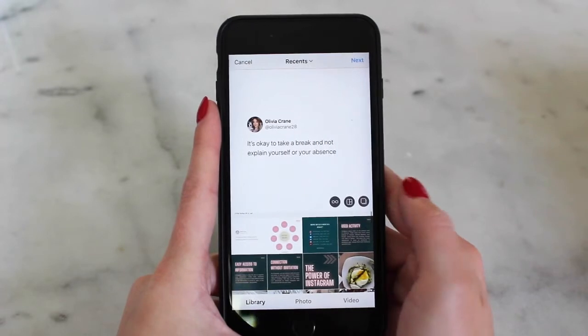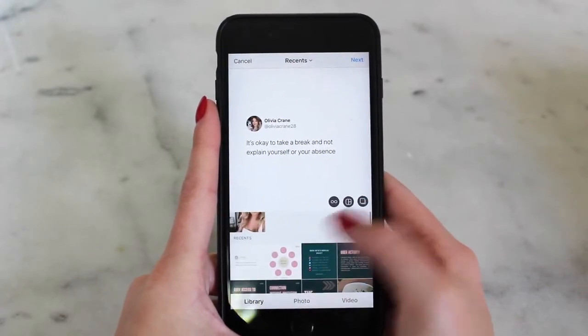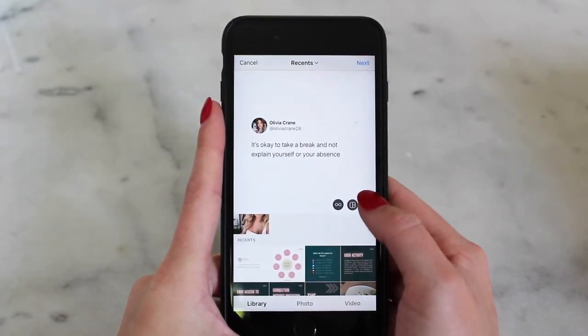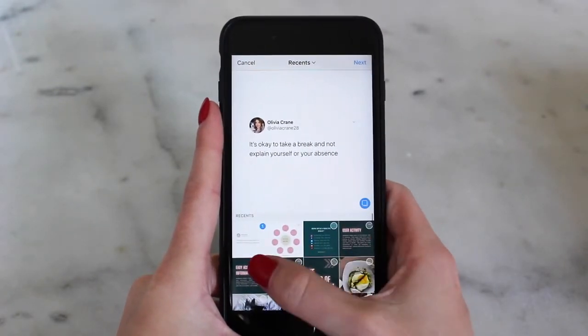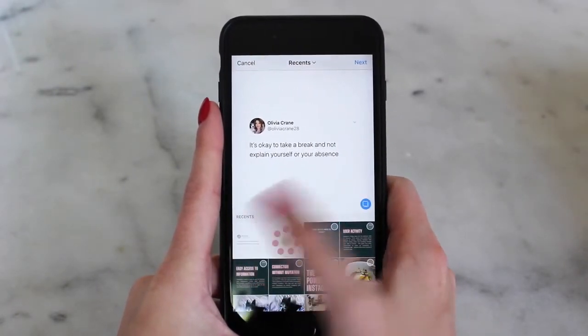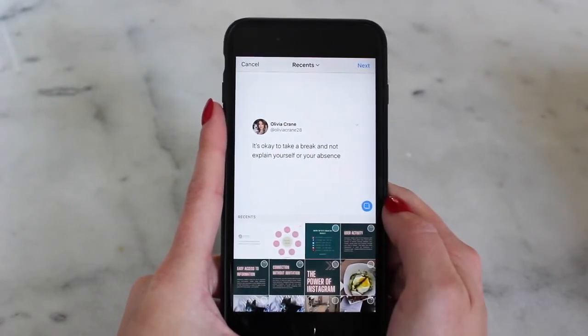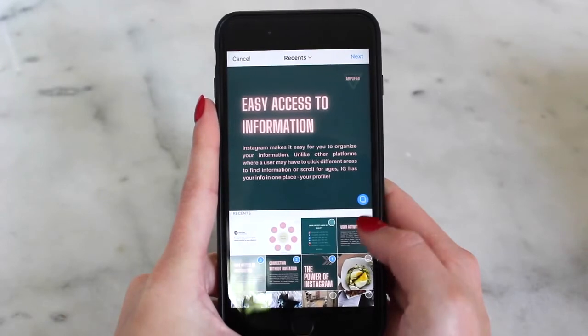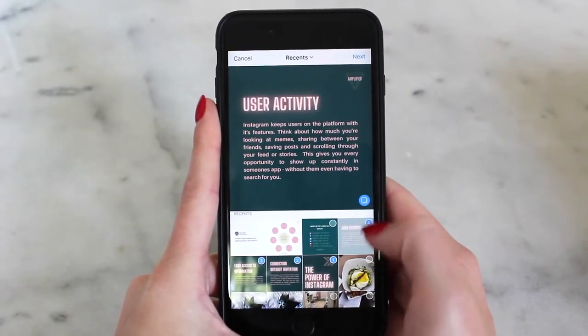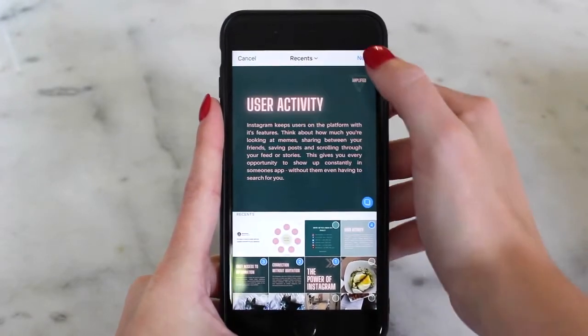So the way that you upload a carousel is by clicking this little duplicate button on the right hand side, and that's going to allow you to select multiple. Now because I was on this picture, it's already selected, so I'm just going to click it to deselect, and I'm going to upload this carousel, which is already on my feed. You'll be able to go see this. I'm going to upload 4 of these and click next,